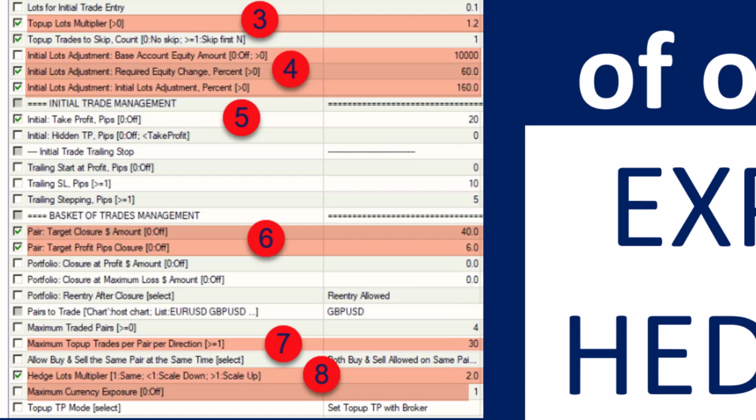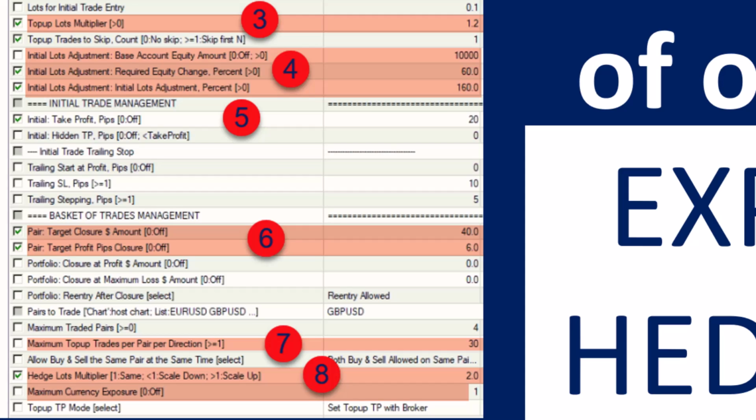Now there are 3 turbo boosted settings here, and the turbo boosted setting is this top up lot multiplier. You can turbo boost your income by playing around with that setting. If you even take it to 2, you're going to be making a lot of money, but your risk will increase. Then this equity adjustment setting, again, that's a turbo boosted setting, because you will increase your gains